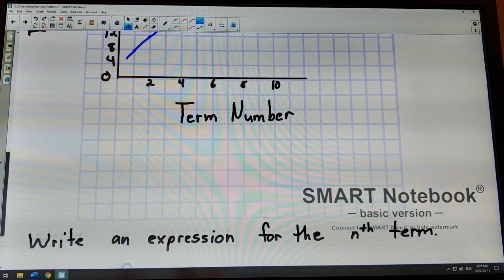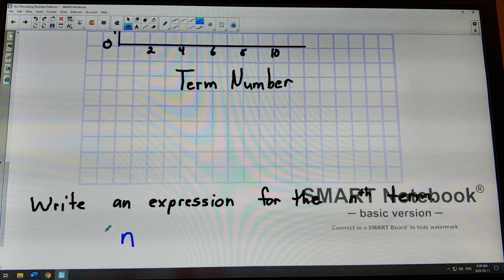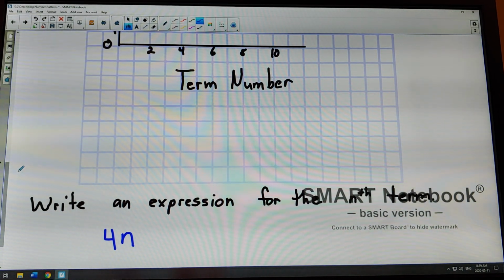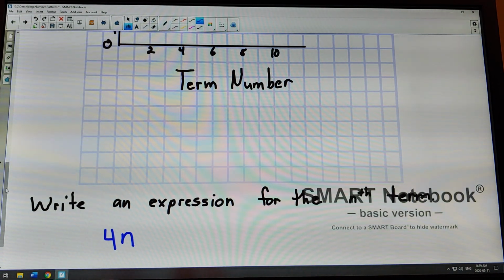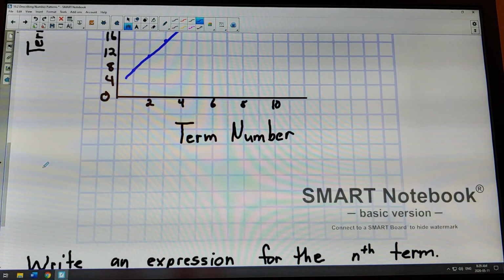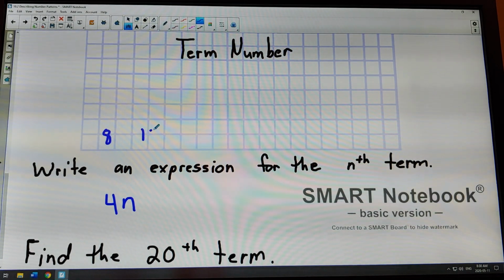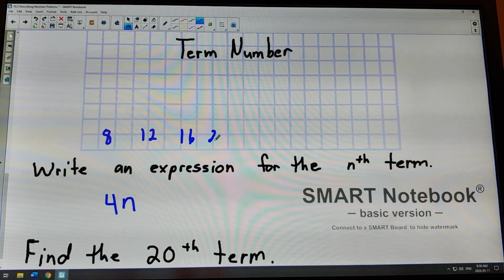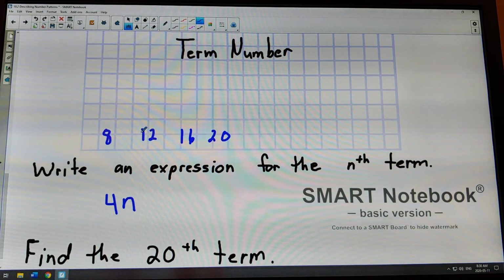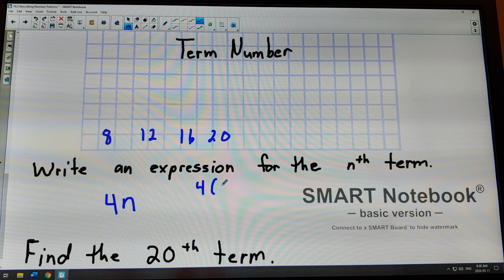Here's how you get that. So there's n, and to get it to increase by 4 each time, we're going to multiply it by 4. I'm just going to write our number pattern here. So 8, 12, 16, 20. So we need 8, 12, 16, and 20. Okay, so let's try that. We see that it's increasing by 4. We're going to multiply n by 4. So 4, replace n with 1,